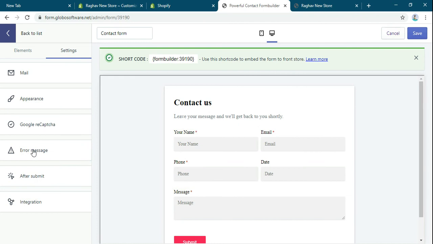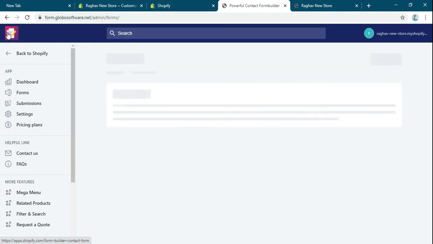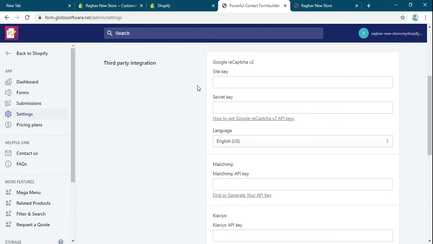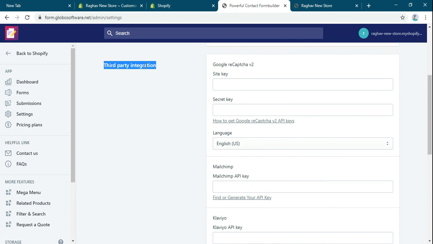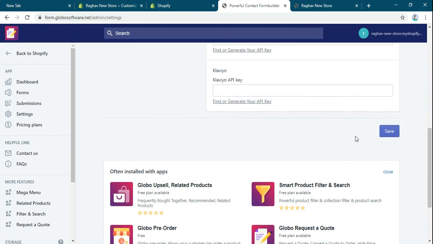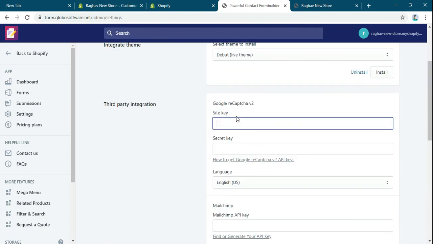You can do all these things from here. In the settings also, if you want to add Google reCAPTCHA, you have to add the site key and the secret key and the MailChimp API key. So you can integrate with MailChimp also, and you can also add Google reCAPTCHA.